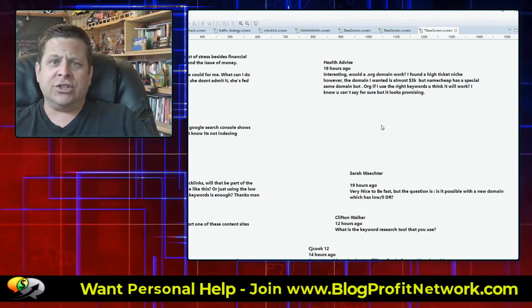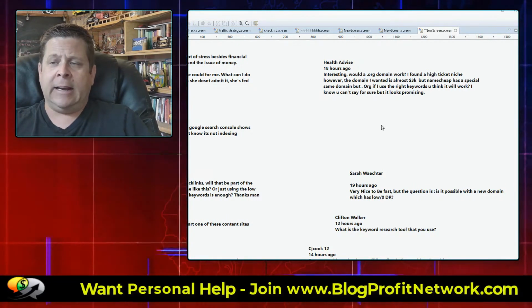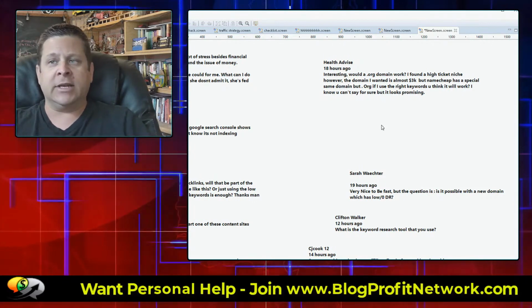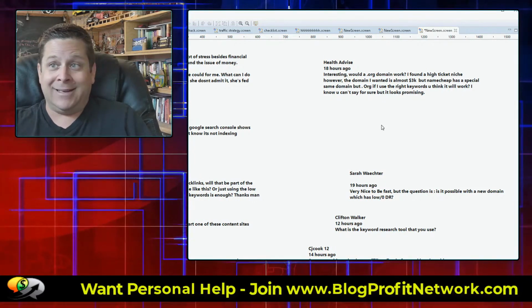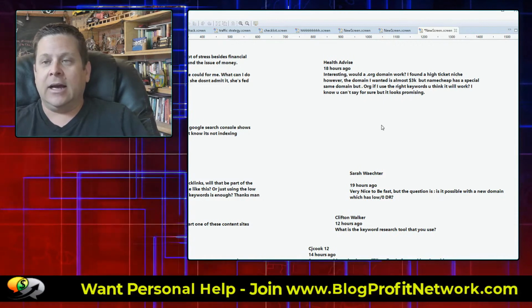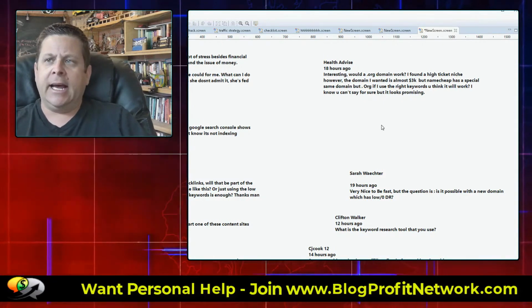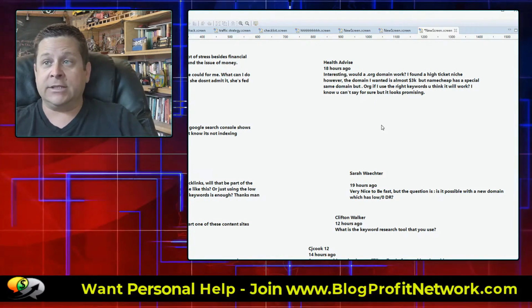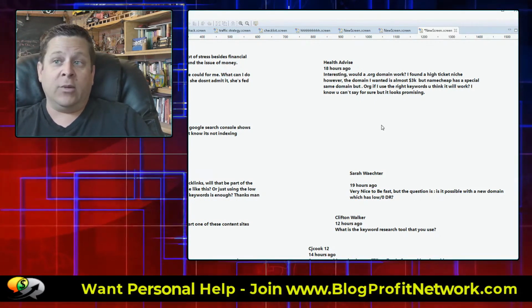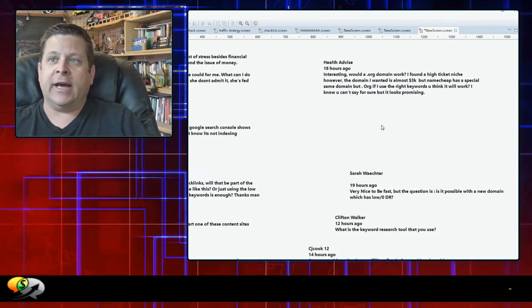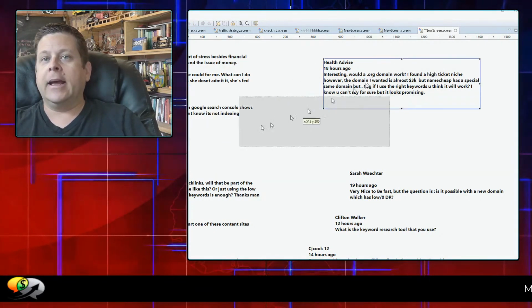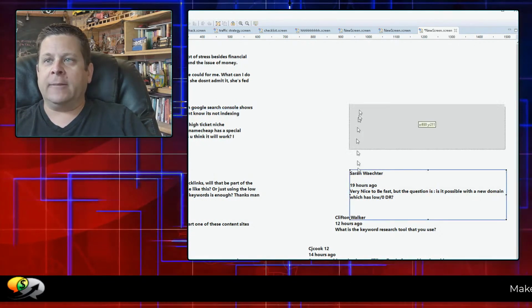Well, according to the search engines, there's not really a whole lot of difference. The .com is a personal preference. I personally like to have .coms because that's what you remember, right? .com is what you remember, so that's how people are going to get back to your site. If you have to use a .org, that's fine. I've used them several times, and they work pretty well. You know, I mean, every domain starts from nothing, so you just have to go up there and start building it and growing it.